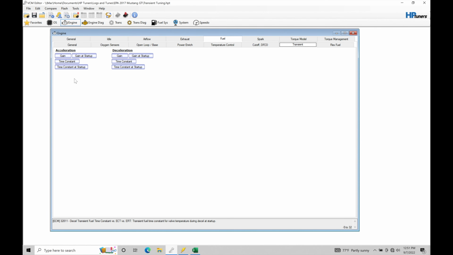Now, in the opposite situation, let's say we're driving along at 20% throttle and we just come off the throttle right to no pedal. We're going to find that we have a very quick change in our airflow going the other way, essentially cutting off our airflow, and that's what the deceleration transient fueling is used for. Now, in most situations, I don't touch my deceleration fueling. Most of the time, the acceleration is the only thing that I need to adjust, and in fact, I can't remember the last time I've had to actually adjust my deceleration fueling on a Gen 2 Coyote. The acceleration here is what we're going to be primarily